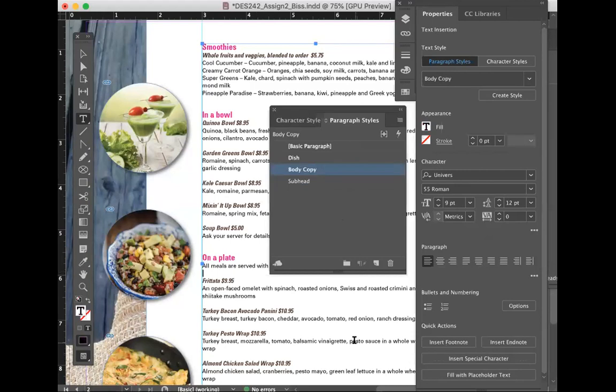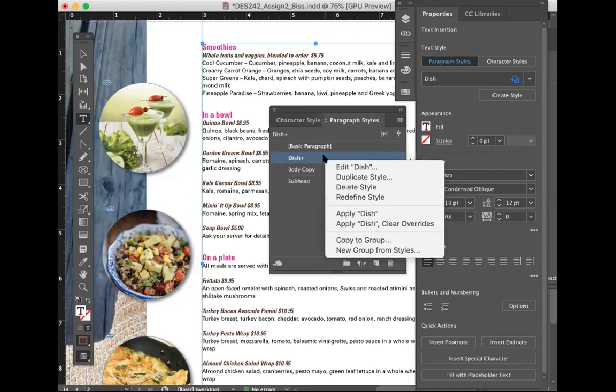Do you have to select the entire line of text, or can you just place the cursor on the line? You can place the cursor on the line, just make sure it's on the right line. Like before, you saw I had the cursor on this line, and then it changed my dish. If you see a little plus there, that means that has been changed and should not be.